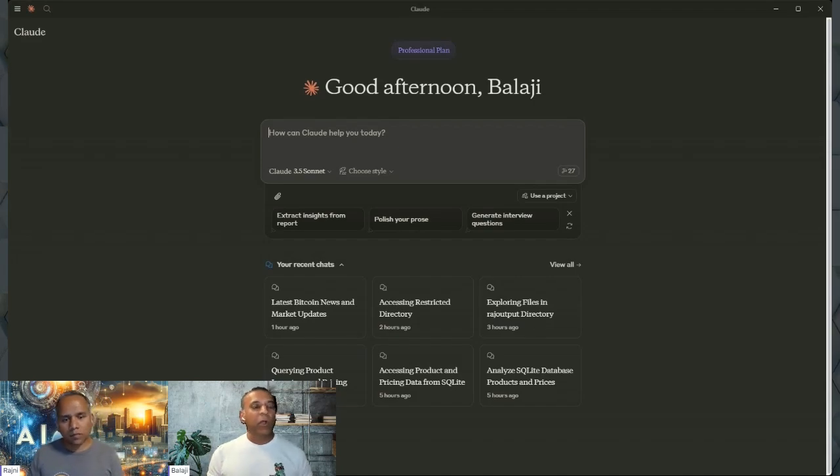And what I did when I was playing with it is I just connected three of those servers. One is the file system, to see whether it can do something with my files. The second one, with the help of you, Rajni, we connected the Brave search. There's the API key, so you can go search. The third one, I had a SQLite local database, so I can do some fun queries to see whether database queries can be conversational. Those are the three things connected to this system. So the setup is this.